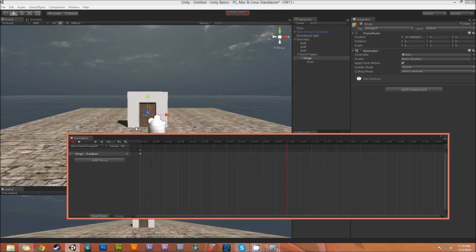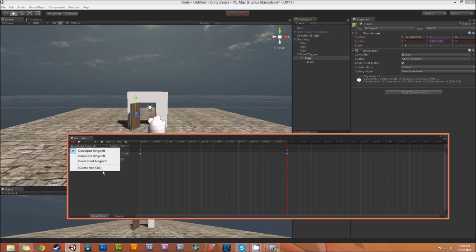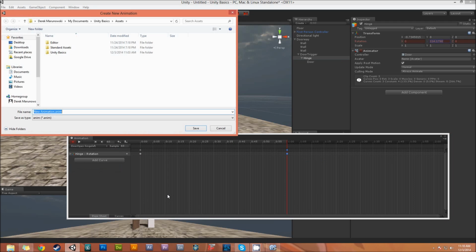And this one also we're going to set to loop when it sits at this position. So once it's there, it should just stay there. Then we're going to make another one based on open. So I want to figure out when it's open where this was again. And I'm going to copy this. Okay. And then I'm going to create a new clip and say